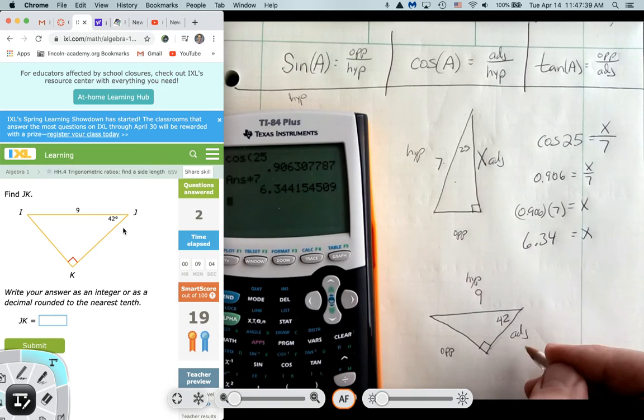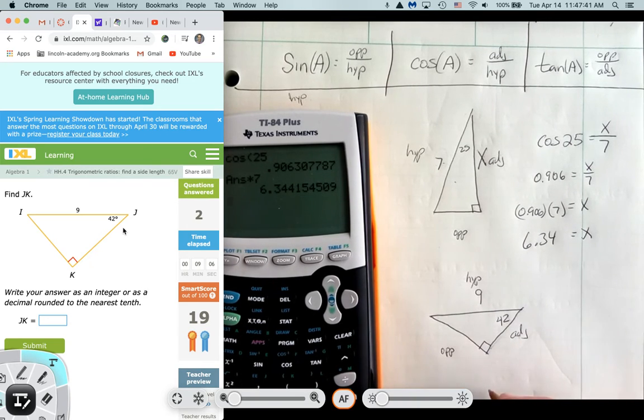JK, again, that's my adjacent side, so it looks like I'll use cosine again. Cosine of 42 degrees is equal to the adjacent side, some unknown length x. Again, if you want to label it, say that's x, over the hypotenuse, which is 9. Then I come over to my calculator, take the cosine of 42. That's going to be